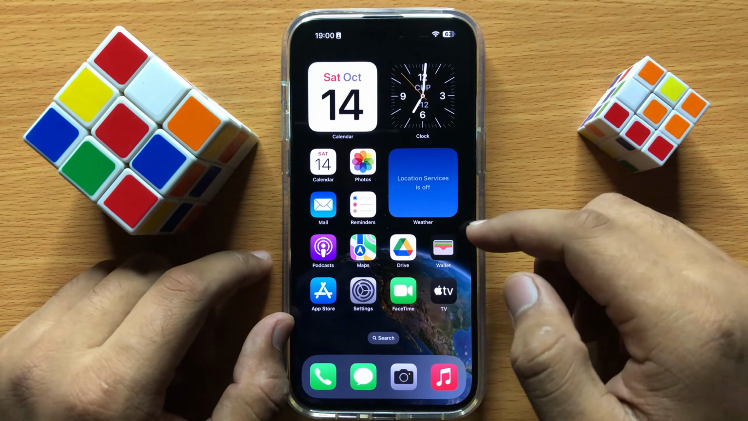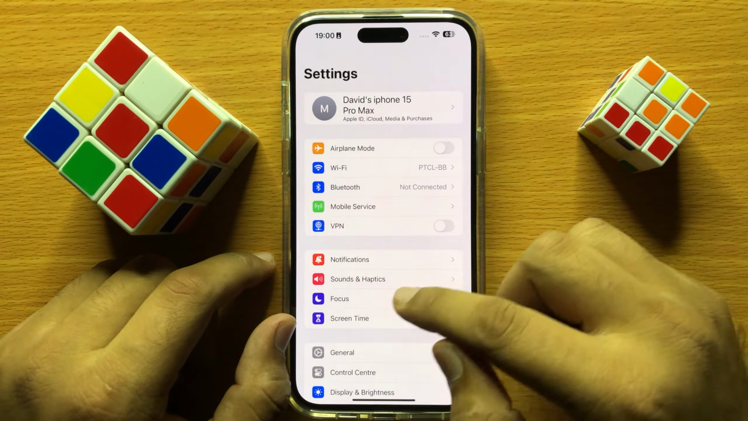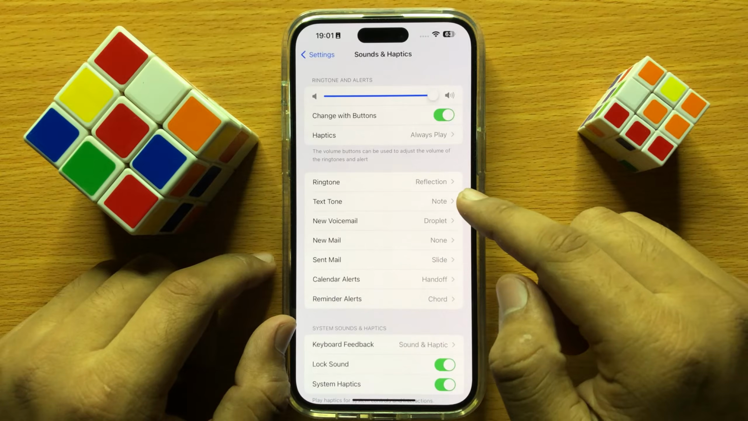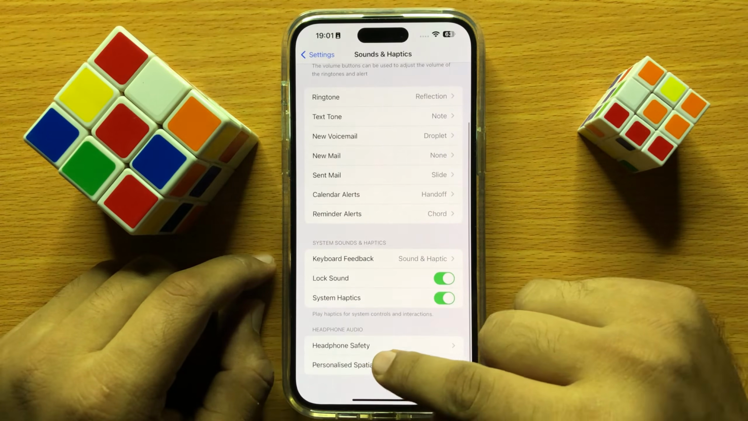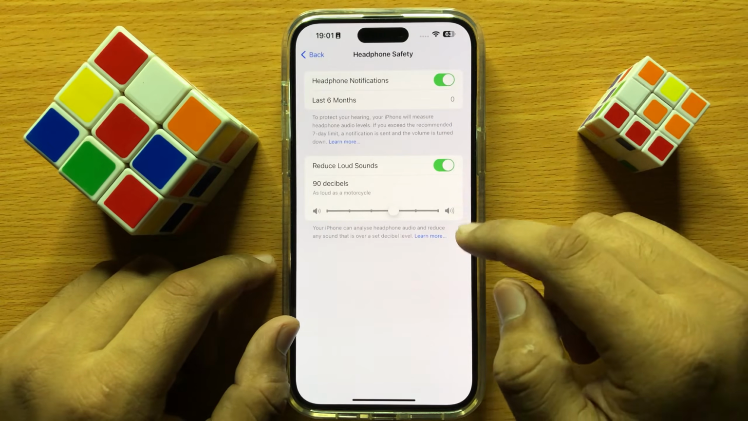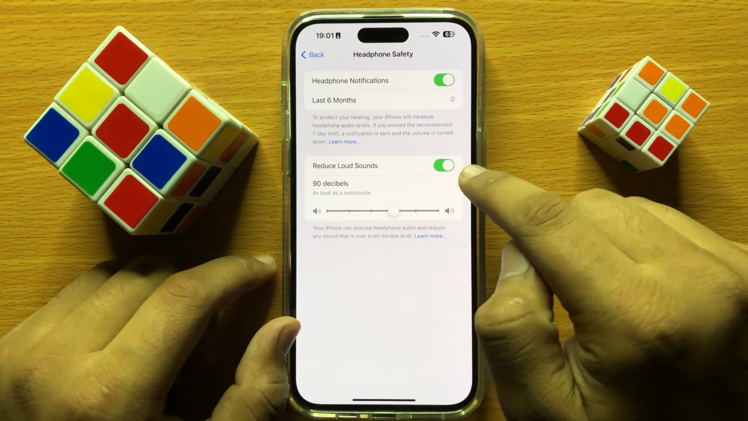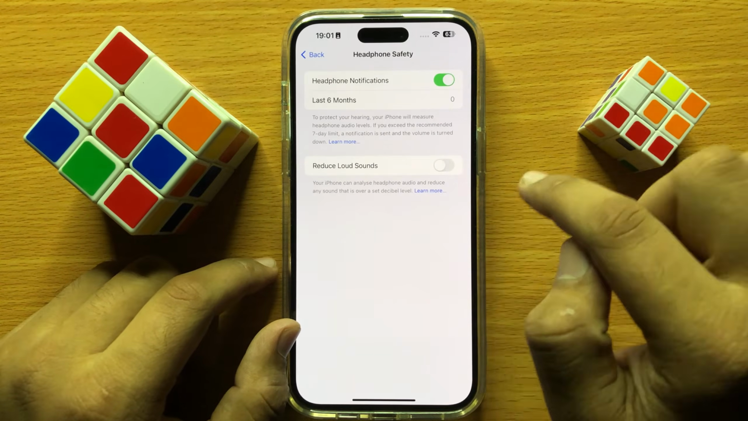So to solve this issue, first of all open settings. Now in settings, click on sound and haptics, and here scroll down and click on headphone safety. Now from here, turn off this reduce loud sounds button. Now after turning off this button, go back